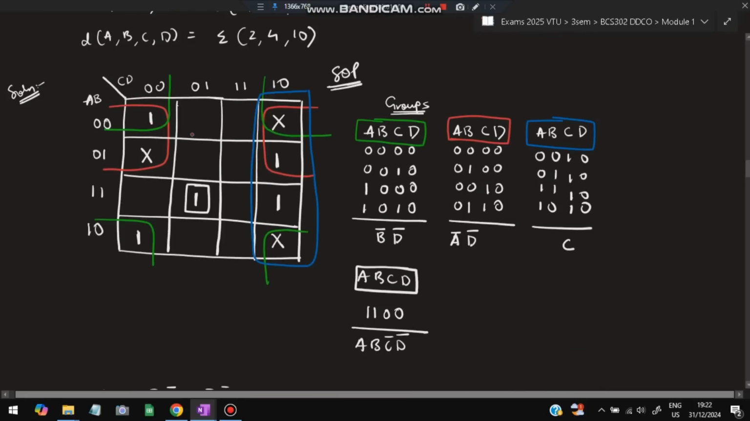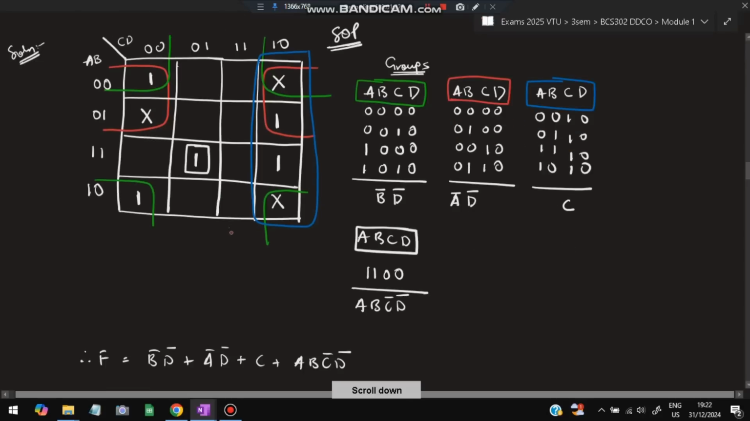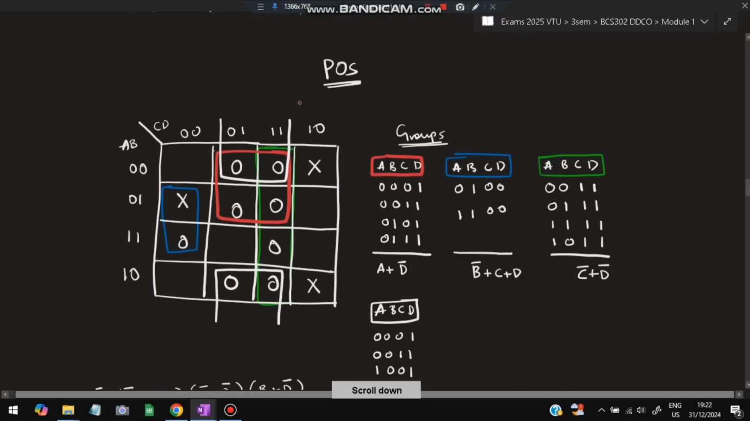Except 1 and x, all other blocks present here should be marked with 0. Okay, for POS we have to do product of sums, and for 0 we have to form a group. So one group will be here, this is one group, and this is one group which is coming like this, and x also we can take as 0, we can form another group here, and these 4 zeros we can form another group. Now this x and x is also present here, I can form this group as well,